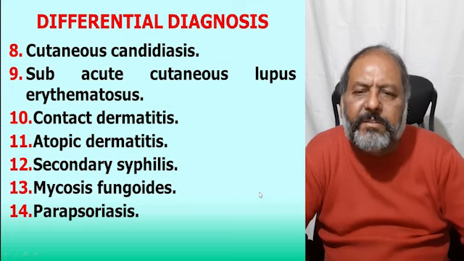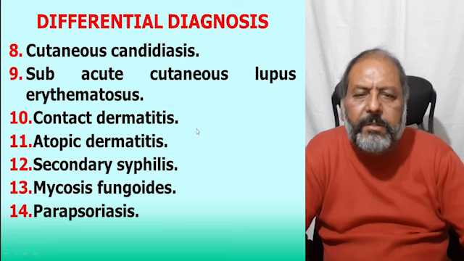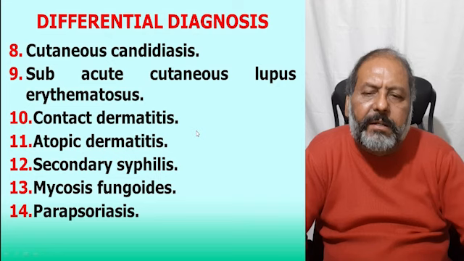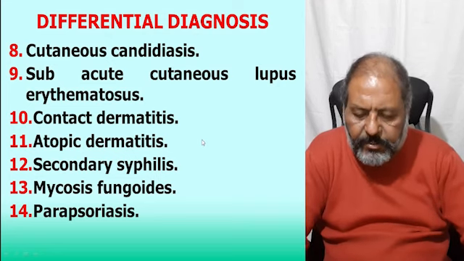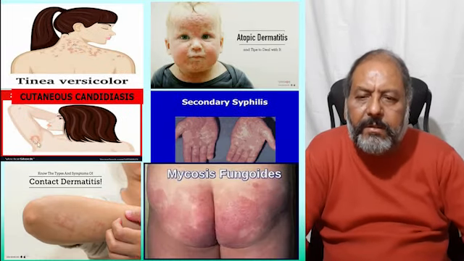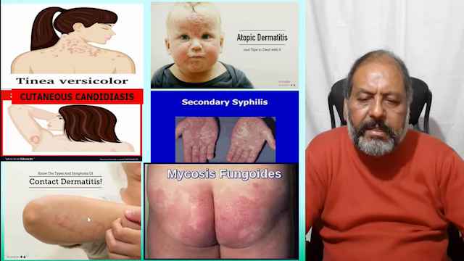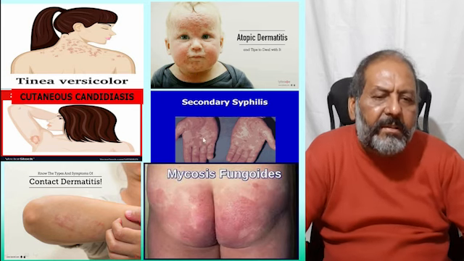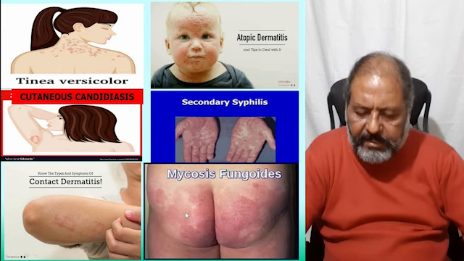Now, continuing differential diagnosis: cutaneous candidiasis, subacute cutaneous lupus erythematosus, contact dermatitis, atopic dermatitis, secondary syphilis, mycosis fungoides, and parapsoriasis. So here one can see tinea versicolor and cutaneous candidiasis, then contact dermatitis gives you a lesion like tinea, and atopic dermatitis also, then secondary syphilis on the hands, and mycosis fungoides that give the appearance